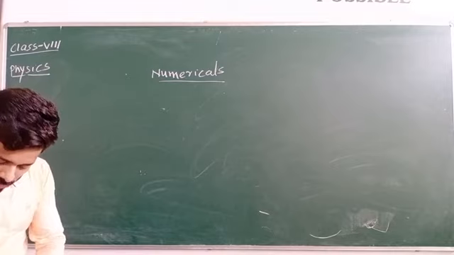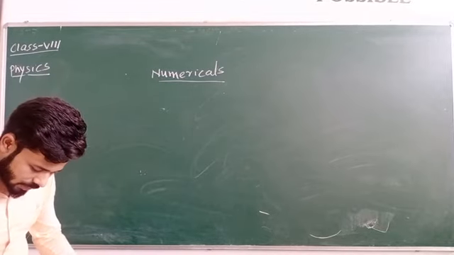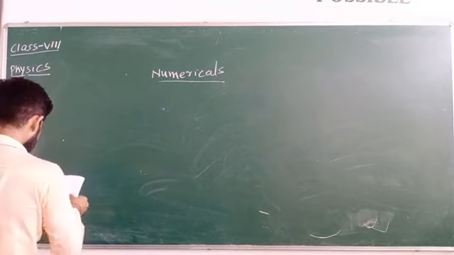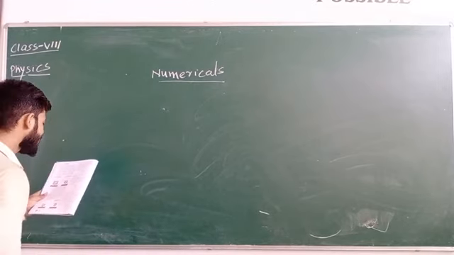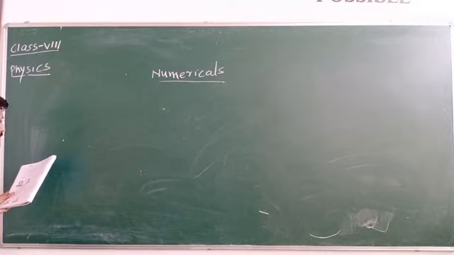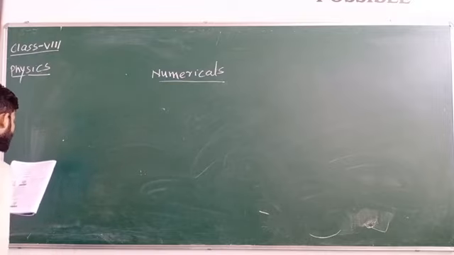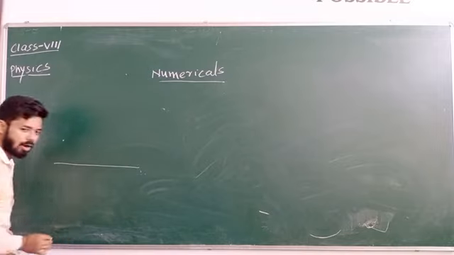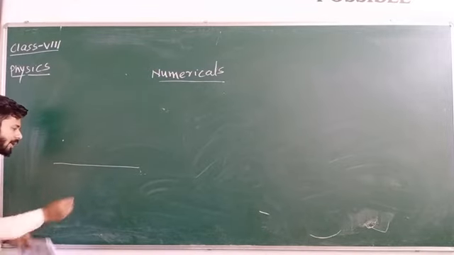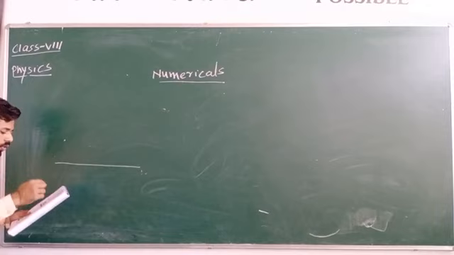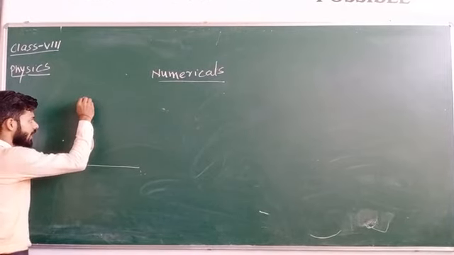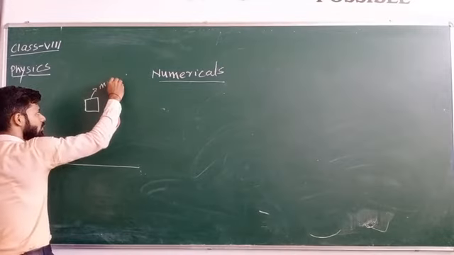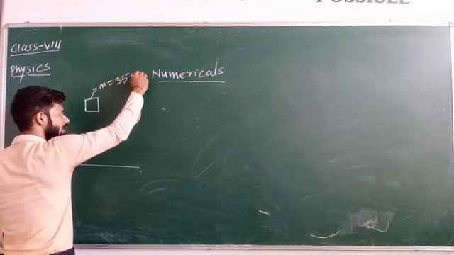Okay, let's do a question based on potential energy. It is given on page number 66. An object of mass 35 kg is raised to a height of 15 meter. एक ऑब्जेक्ट है, this is your ground. अब एक ऑब्जेक्ट है जिसका मास 35 kg और उसको 15 मीटर हाइट पे रेज किया गया है. इसका मास कितना है? That is m equal to 35 kg.